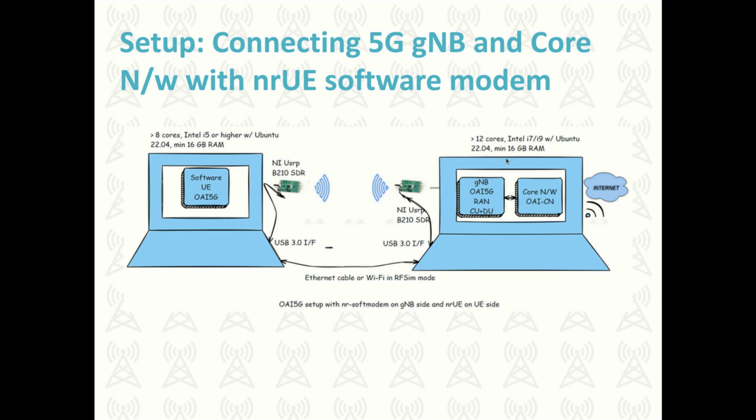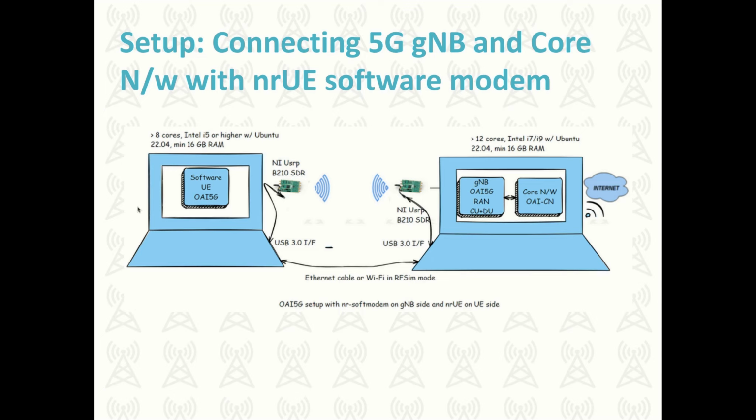Yeah, so I think now I am coming to the last segment of our talk. I am actually showing the way I am using this setup myself. So basically, you can see that this is the gNB part. On one machine, an Intel i7-9900 machine, you are running gNB, CU-DU. The core network is also being run here, and through Wi-Fi it is connected to the internet. Okay, and then there is this B210,